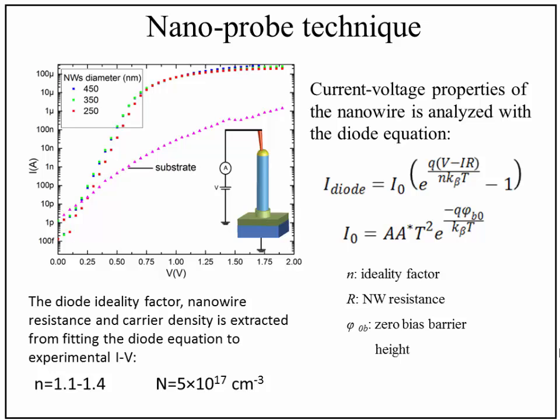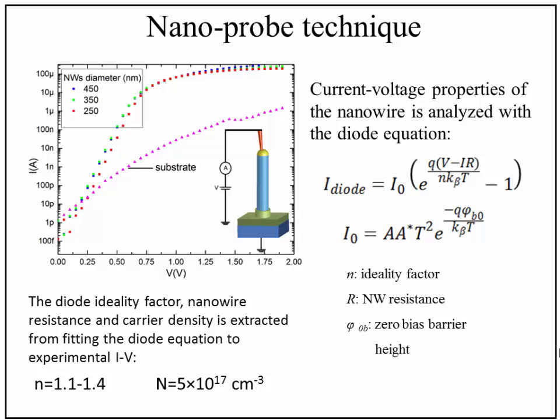After analyzing devices, you expect to see Schottky behavior due to the presence of the metal-semiconductor junction. Here is the current-voltage graph of a few devices for different diameter nanowires. You see current rectification, as expected from the Schottky junction, and it can be analyzed using the Schottky equation. We get very nice diode quality, with an ideality factor close to 1, and the doping of the wire